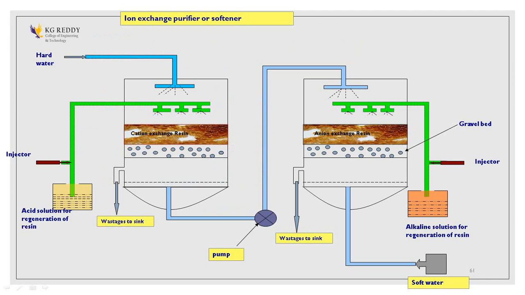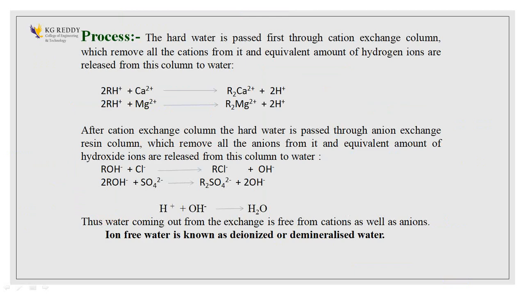Can I repeat again? So hard water, when you pass it into the cationic exchange column, the cations get exchanged by another cation, right? The cations of temporary hardness or permanent hardness, calcium and magnesium, will be exchanged by the RH plus. Therefore H plus will be free from this cation, and after exchanging of cations the water is sent into the anion exchange column. Then the anions get exchanged. The H plus ions from the cations and the OH minus ions from the anions will combine together, which gives us deionized water or demineralized water, right?